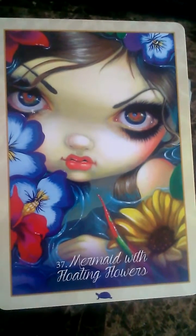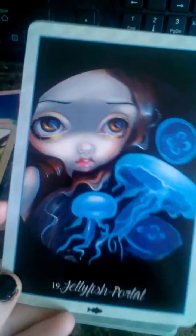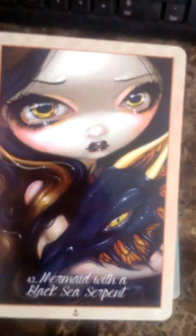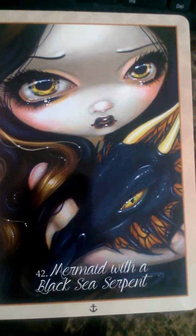But yeah, this is the Myths and Mermaid Oracle. And the artwork is great. The feel of the card is great. The cardstock is not too thick. They are shuffleable, even as big as they are. So yeah, just a really pretty deck,